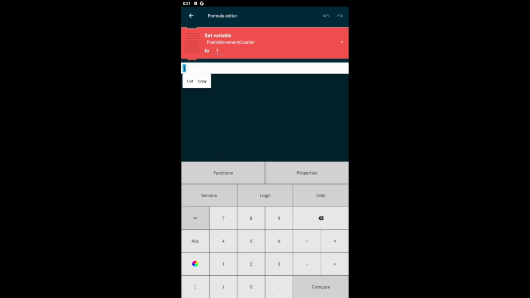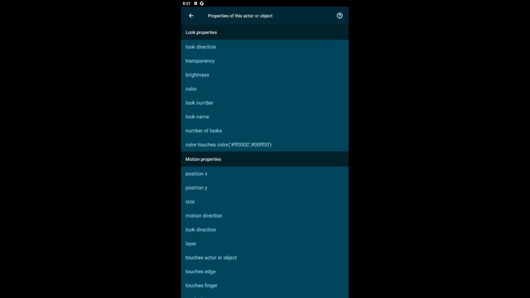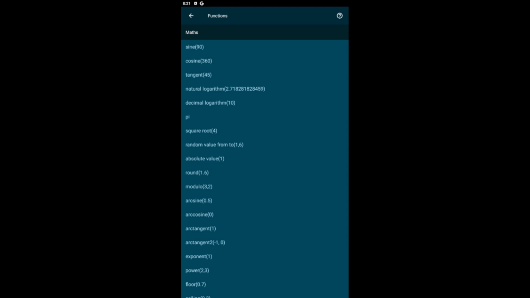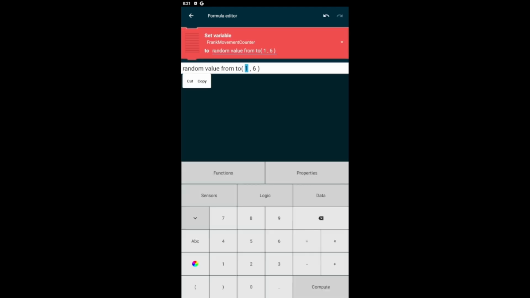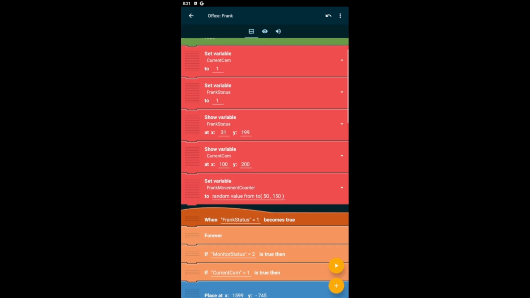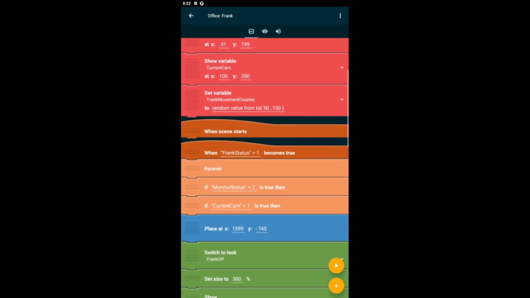Set it to a random value from 50 to 150. When scene starts,